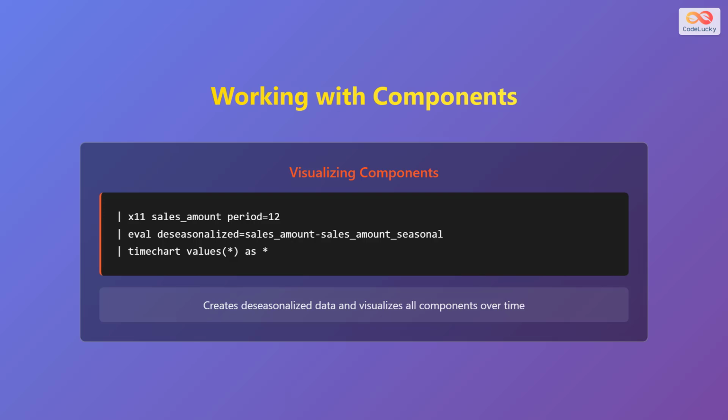Once you have decomposed your data, you can manipulate and analyze the individual components. This example shows how to create deseasonalized data by subtracting the seasonal component from the original values using the eval command. The deseasonalized data reveals the underlying trend and irregular variations without seasonal effects, making it easier to spot genuine